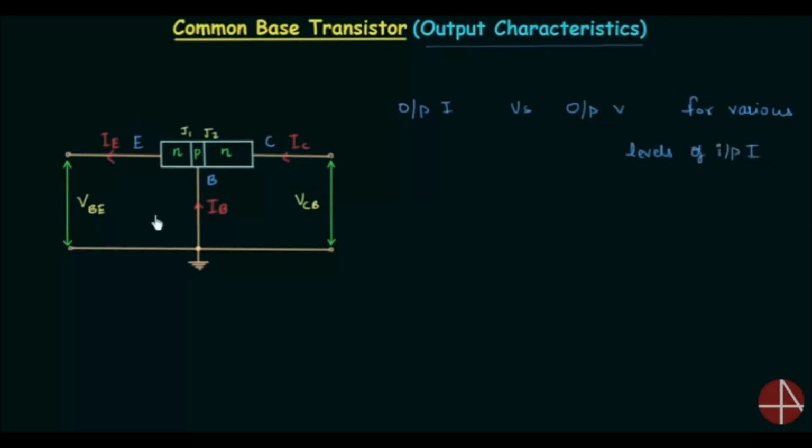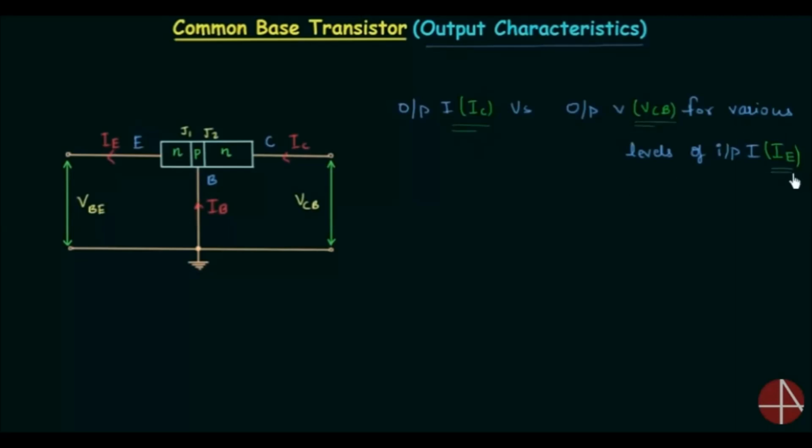If you see the common base configuration of transistor, you will find IC is the output current and VCB is the output voltage. So output current is IC, the collector current, and output voltage is VCB, and the input current is IE, the emitter current. So we have to plot the graphical relation between the collector current IC and voltage VCB for various levels of emitter